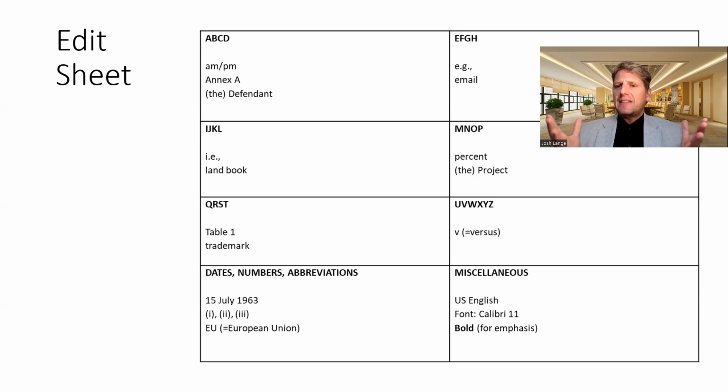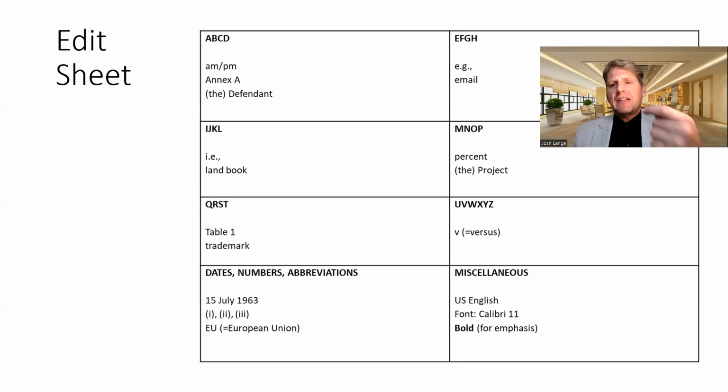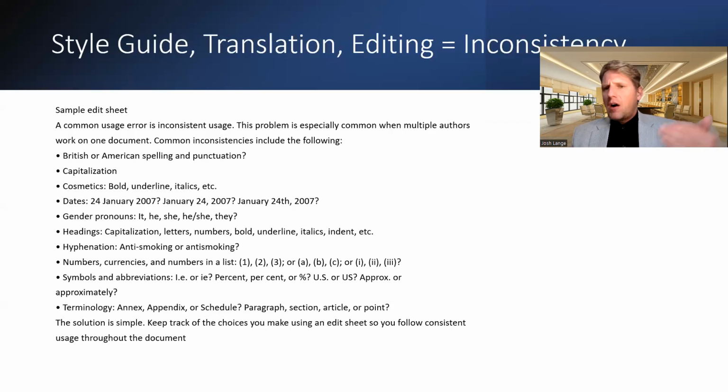And that's the easiest thing to do, is that the associates can make their own edit sheet and know thyself, recognize their own style, and they can have an edit sheet for you. That edit sheet they can create in the situation. So as they're editing or drafting a document, and something comes to mind, or they see something in the document that could be inconsistent, then they write it down and say, oh, well, partner John writes email like this, or he puts a.m. or he puts table 1 or trade in any of these, for examples here,